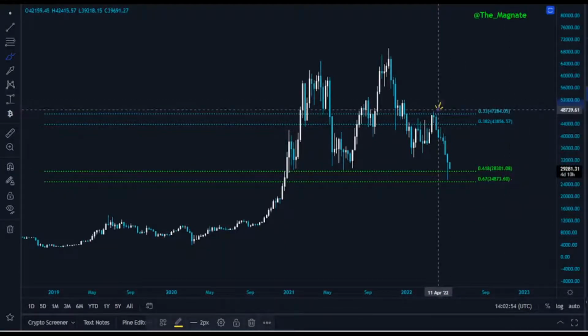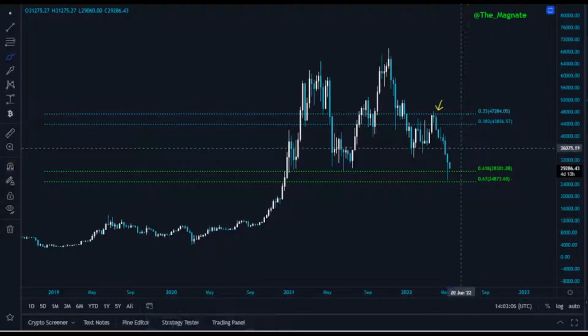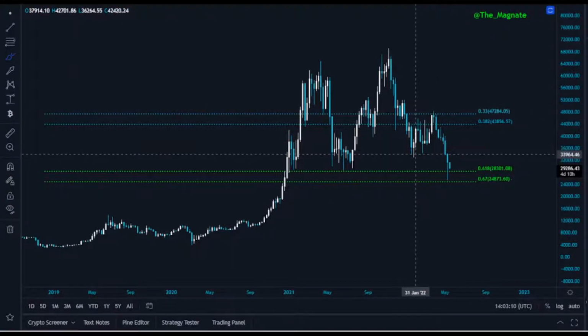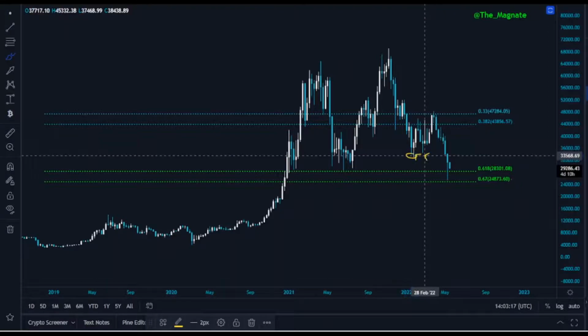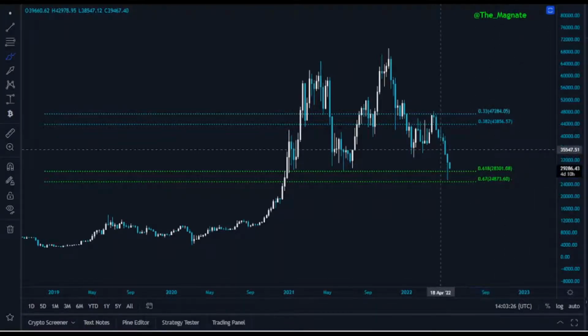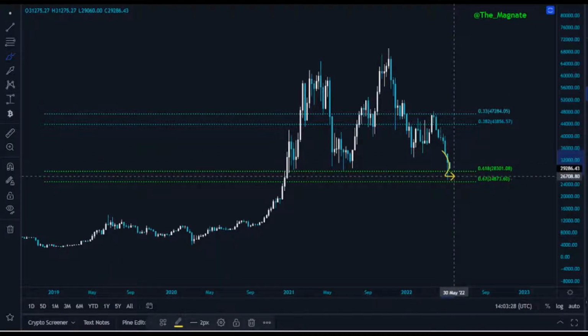So after we got rejection, once we lost that strong support, which we had 5 months ago, as soon as the price action came at around this level, $32,000, end of January, as well as the end of February, I covered in this channel these levels. Maximum pain that we expected to come in the first place. 0.618 all the way up to 0.67, the golden pockets.